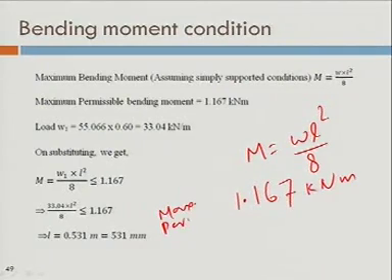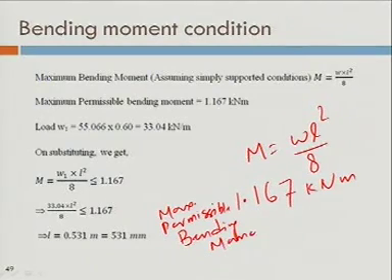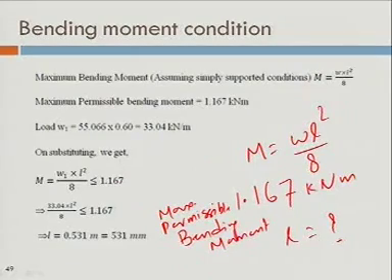So you just equate these two to get the value of span of yoke. Anybody has still doubt? Please feel free to ask. Calculate the value of L assuming that your yokes are simply supported.